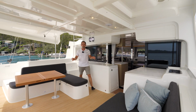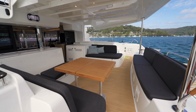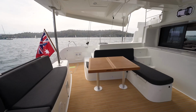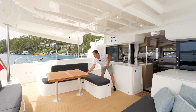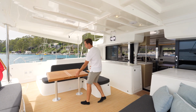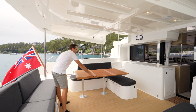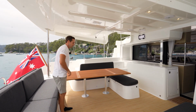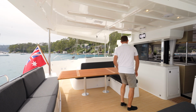Moving down into the cockpit area, we have a lot of everything down here. On port side, we have a dining table. Now the standard dining table is about this size and made of gel coat, but for those wanting a better dining experience or got a bigger family with more friends on board, you can purchase this table, which doubles the size of the table,